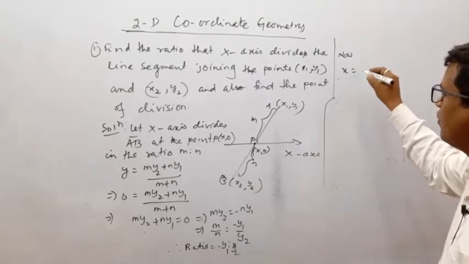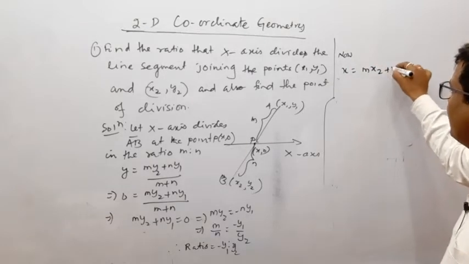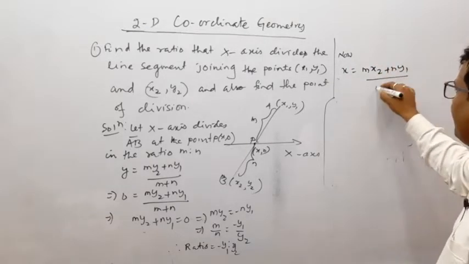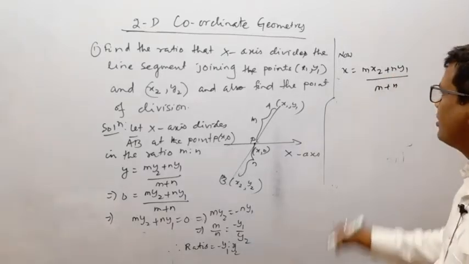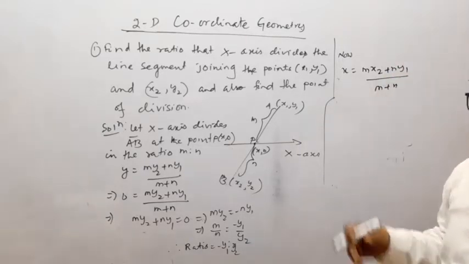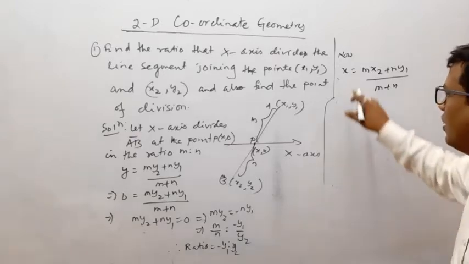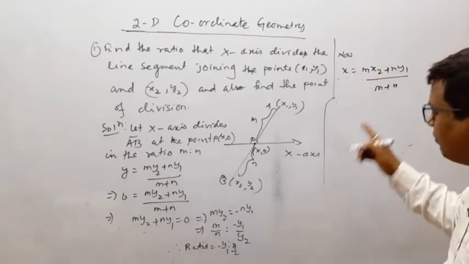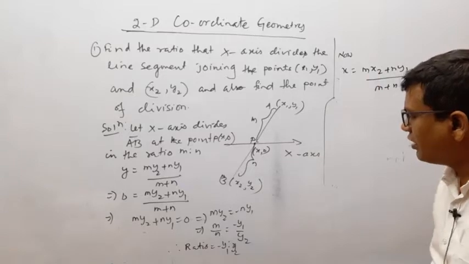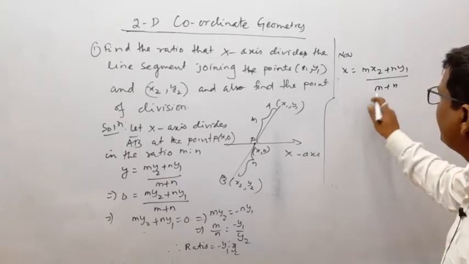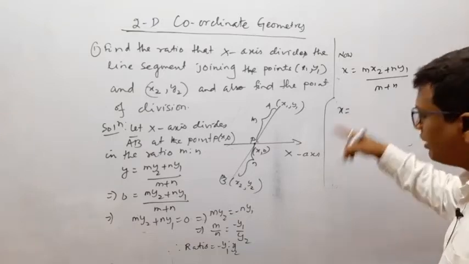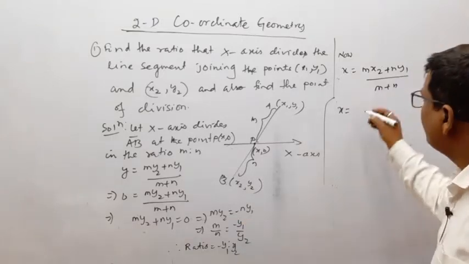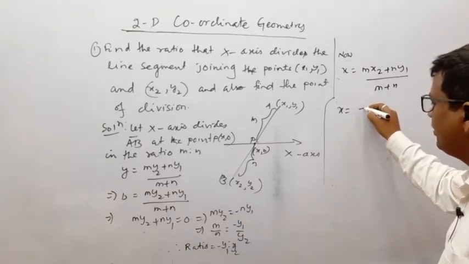So x is equal to (m x2 + n x1) divided by (m + n). This is the question, and we need the x coordinate, not the y coordinate. So find the x coordinate. m by n is equal to minus y1 is to y2. So x is equal to, m means minus y1, so here put minus y1